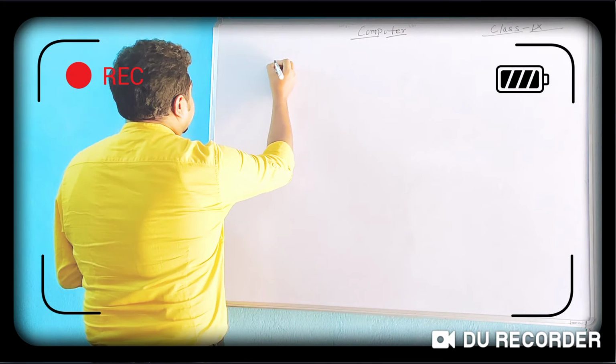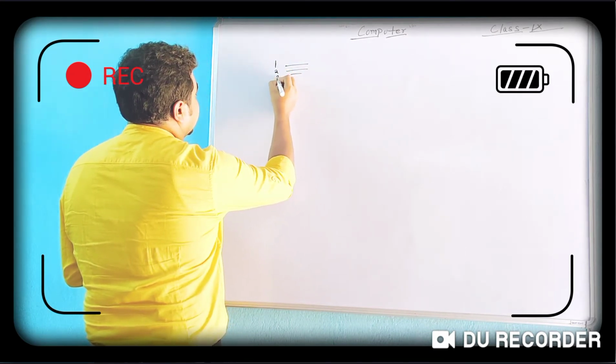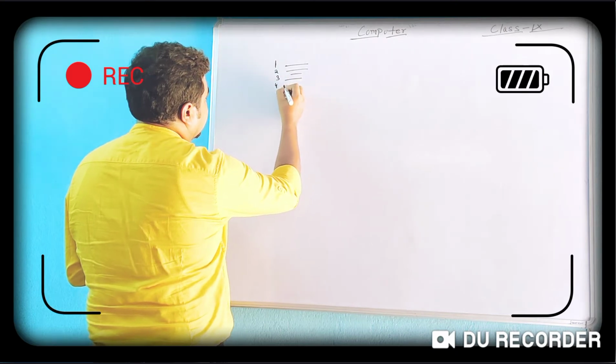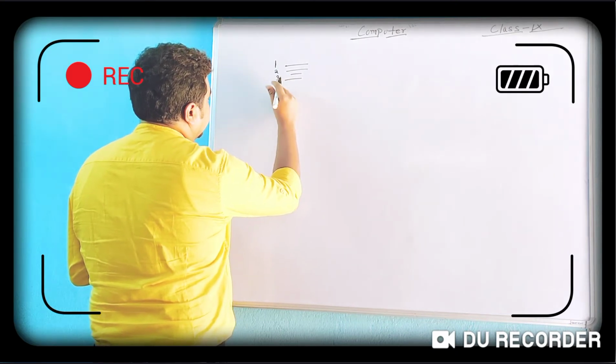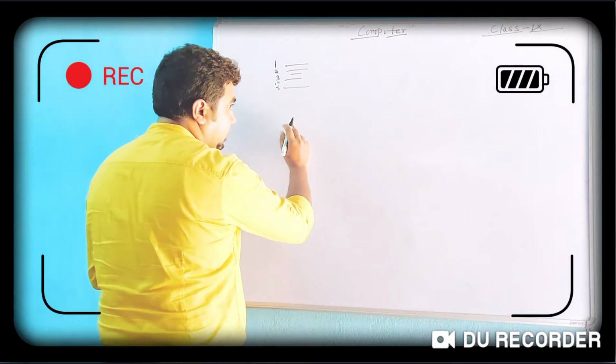It continues on and it executes. So the movement from the first line to the last line is known as the flow of control. How is this flow maintained? The first line will be executed, then the second, third, fourth, fifth line, and so on. It will be executing one by one.